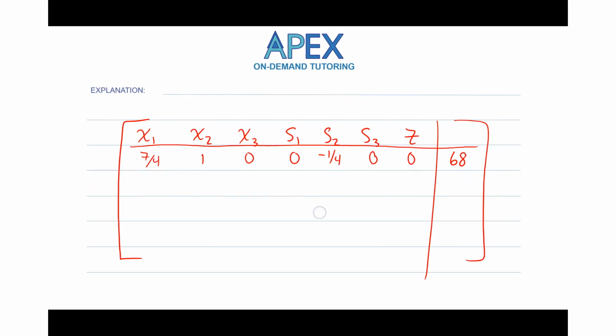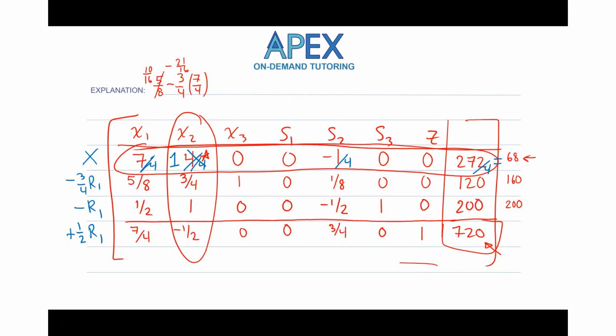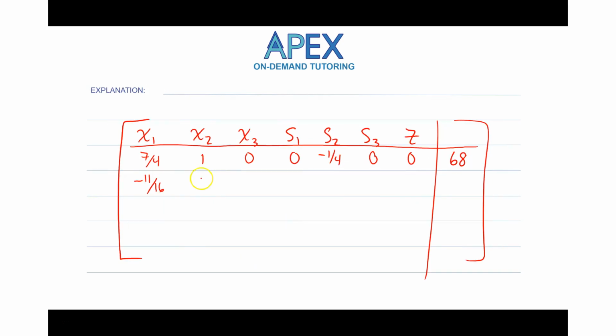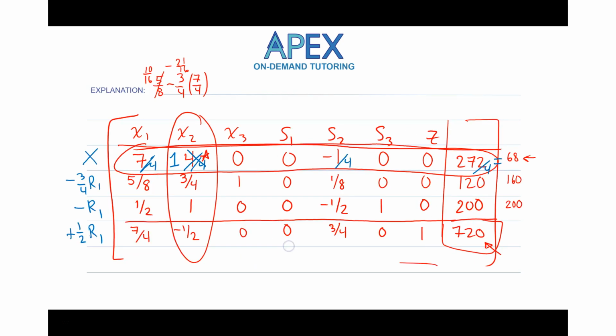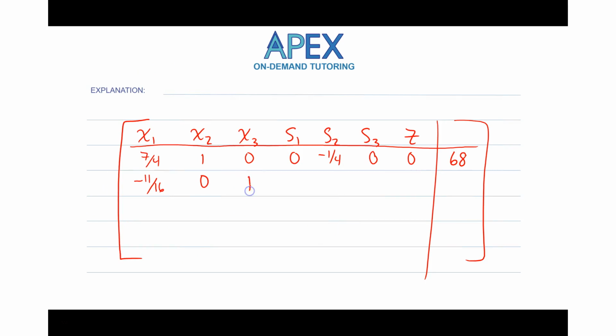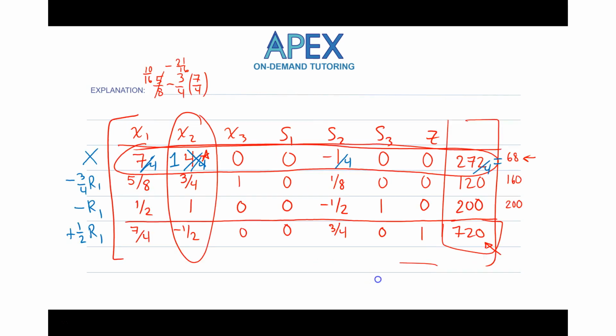That is going to give us -11/16. Okay? The 3/4 is going to go away. That's the whole point of choosing 3/4. And this 1 right here is going to stay a 1 because we're subtracting 0 from it. And then everything else in this row is going to be 0, 5/16, 0, 0, and